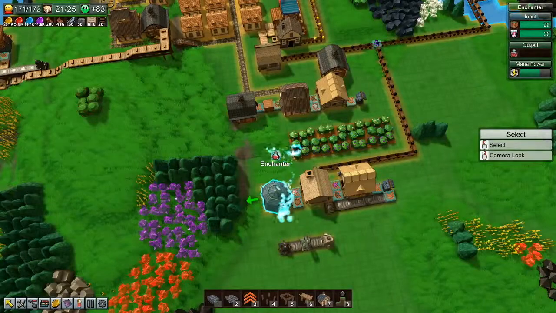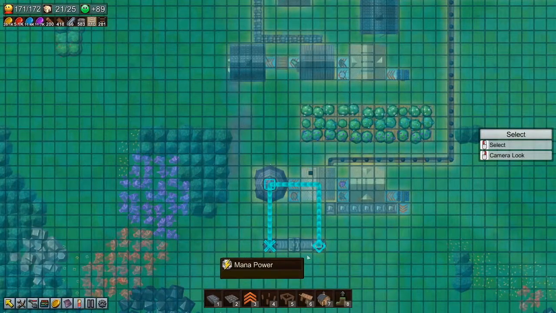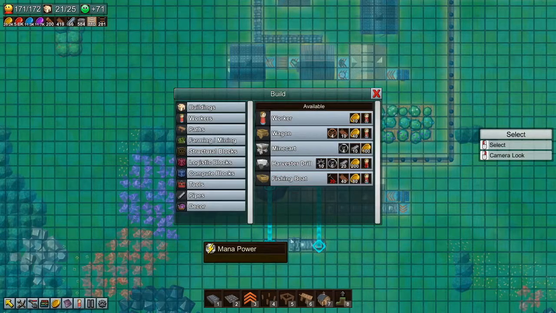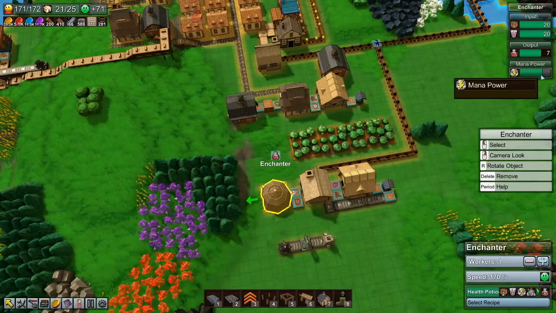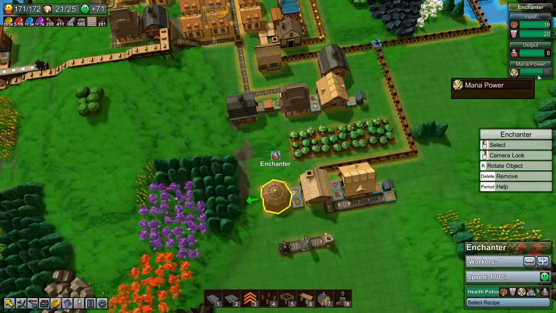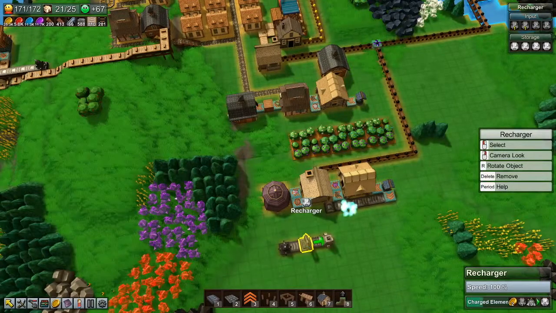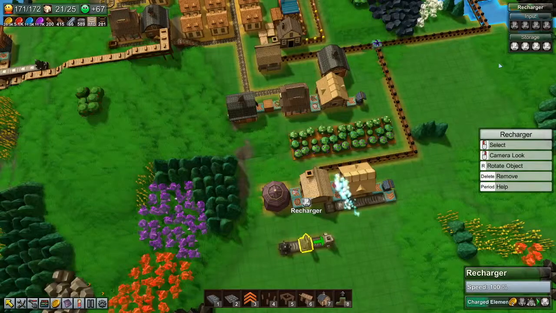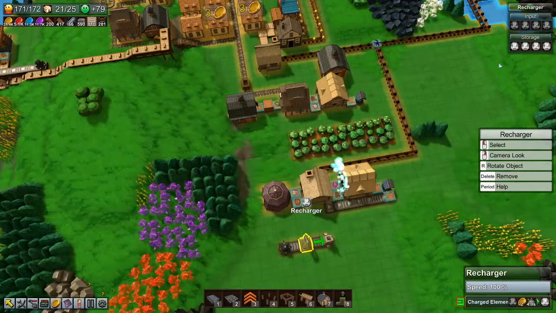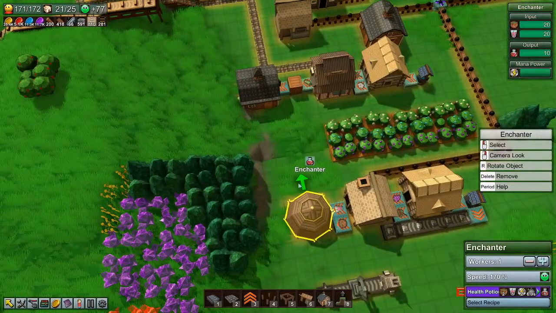Okay, so it's got some mana power, it's making health potions. If I come back to this view, you can see what's going on here. It goes along there, gets used up, comes down, goes on the belt and into the recharger. Now, is a single recharger enough for this? It doesn't appear to be running out of mana power at all. It stopped charging things. Why? Oh, because they're backed up, because the enchanter is now no longer enchanting, because we need